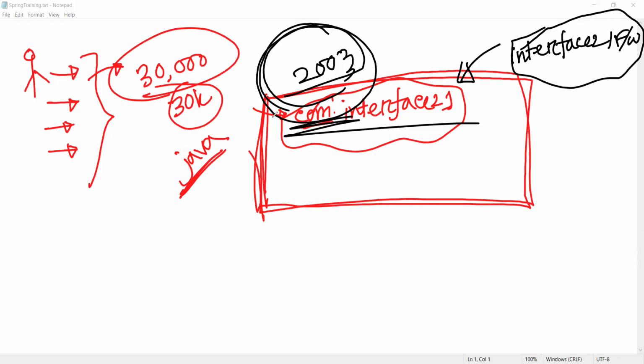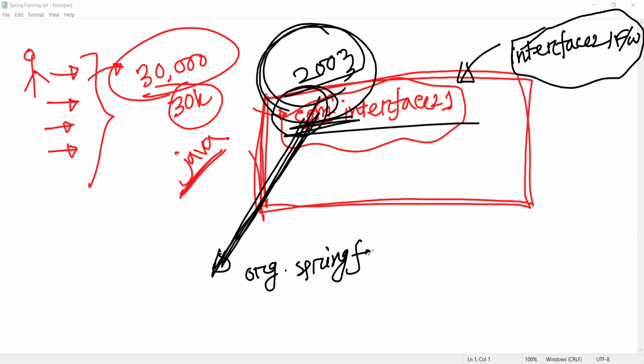Okay. Here, what does it mean? This code, this package name, was later renamed to org.springfield. He provided this solution, this 30,000 lines of code. And mainly, this is actually our Springfield one, not the old one. This is the starting of the Springfield one.